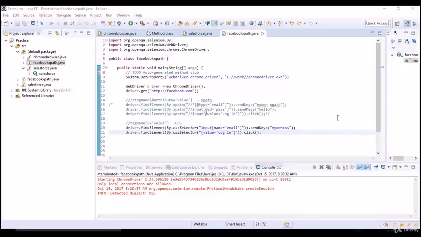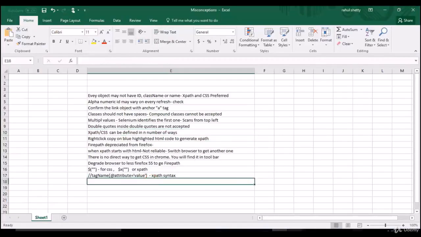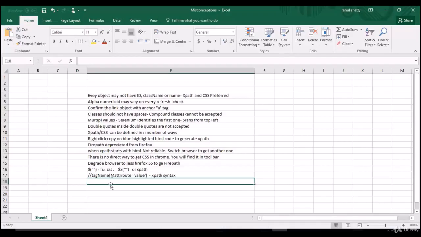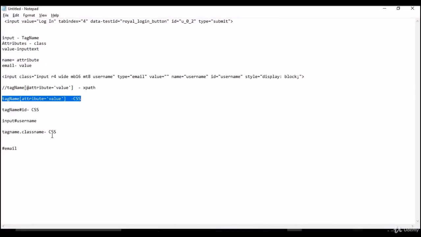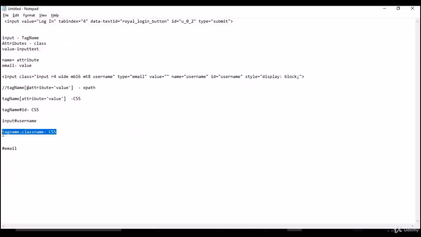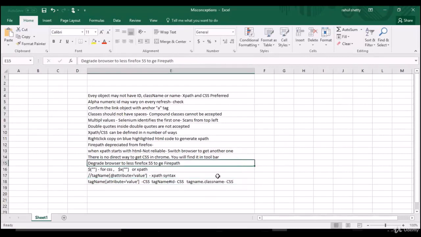Right. So one last topic and important thing before we move on to doing one end-to-end example. At the same time, I'll make sure I'm writing everything here so that we don't miss any notes. CSS, and this also is a part of CSS, right? So let me write it here: tag name, and tag name dot class name will also be part of this CSS. Cool. So these two are your tricks to play around.